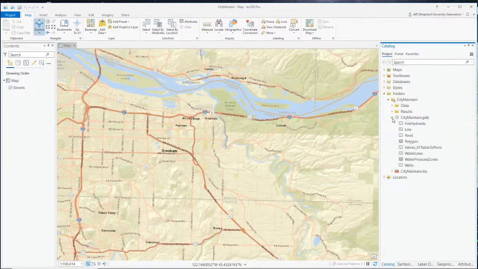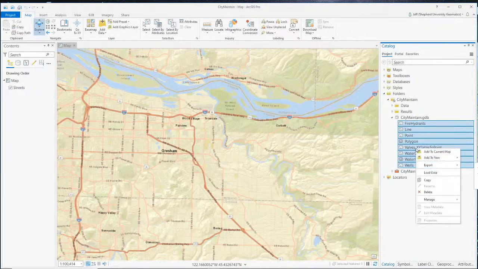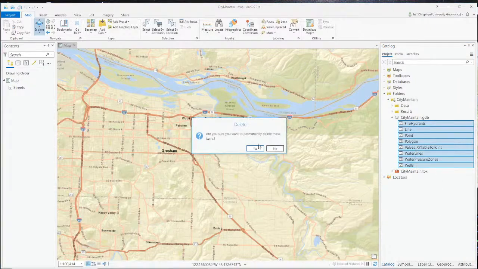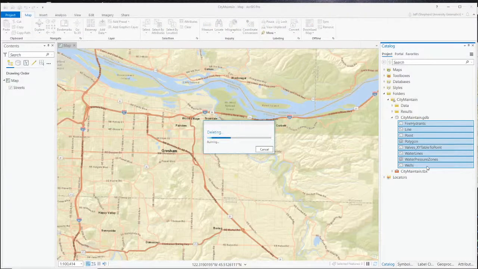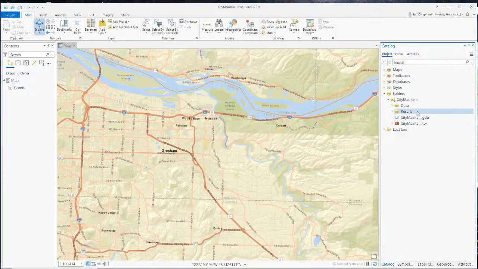I think what I want to do, I'm going to delete all this. I'm going to delete everything from the database here because I want to start fresh. All right, empty database. All right, so when you create a new project in ArcGIS Pro, it creates a geodatabase